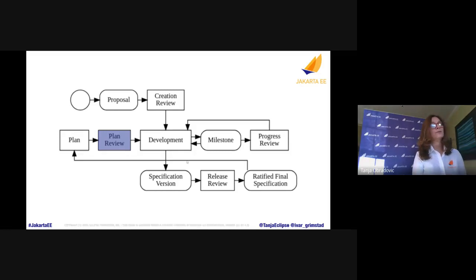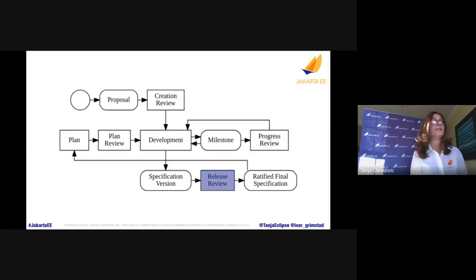That's the plan review. At certain milestones, we can also have a checkpoint and a progress review, making sure that everything is developed as intended. And then finally, just before the release, we're certainly interested in having one final release review before developing the